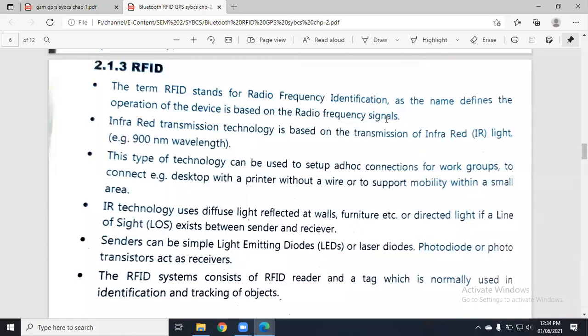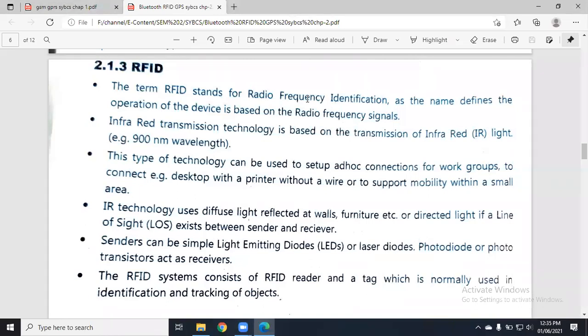Or secondly, in hotels, whenever we stay in a hotel, they have a card key, right? They don't have an actual lock and key, they just have a card key. What is that card? In that card, the RFID technology is used. So we'll discuss how that RFID technology works, what the technology is, what the different types are, what the applications are, and we are going to study the entire thing. So first thing you need to understand is what is RFID. It is radio frequency identification, correct?